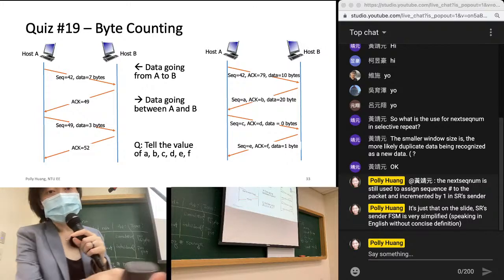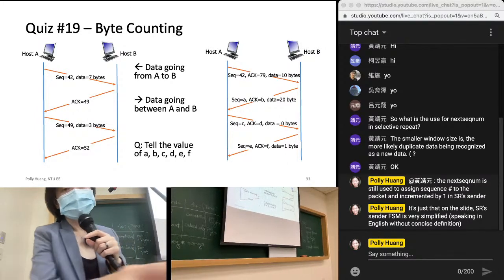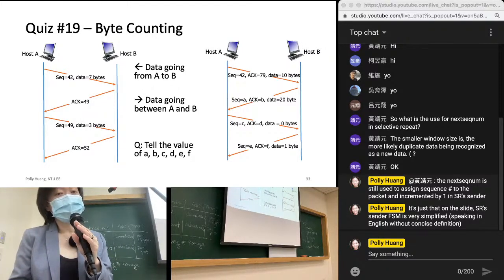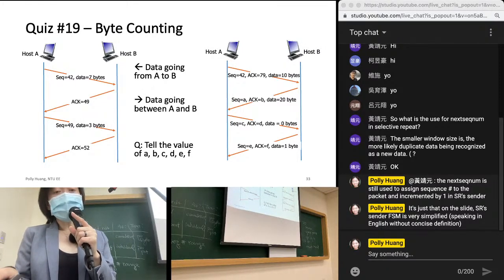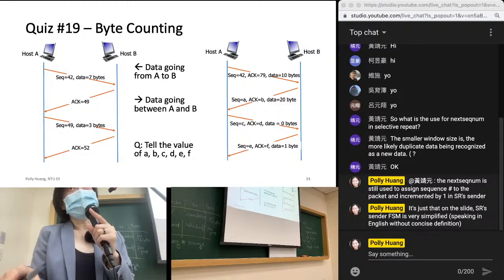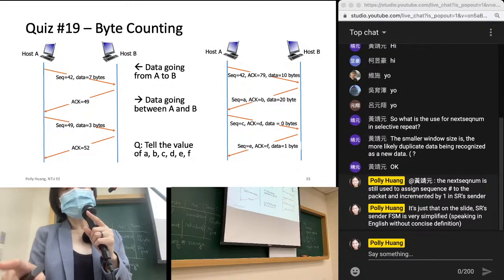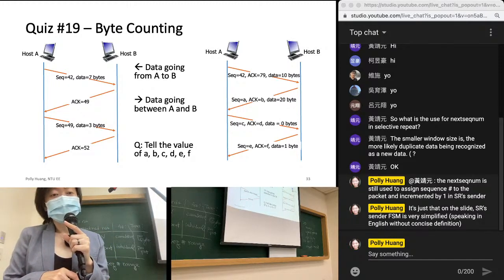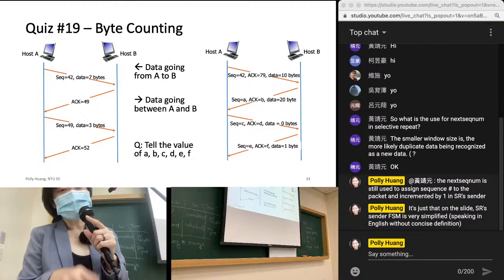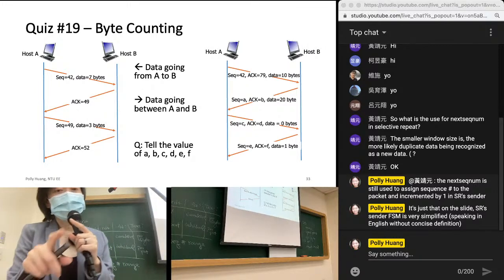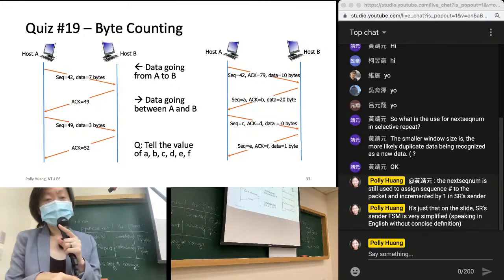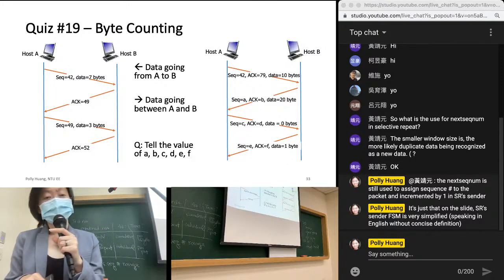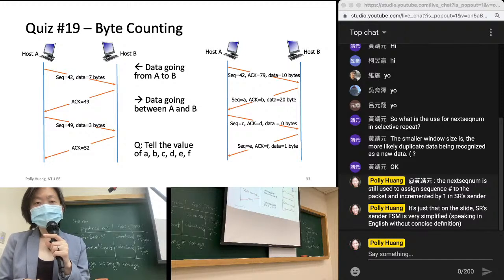So the first packet starts from sequence 42. Data is 7 bytes long. Therefore, the ACK is 42 plus 7. The last byte sequence number is what? 48, isn't it? Therefore, the next byte B is expecting is 49. Next packet, therefore, starts from sequence 49. It's only 3 bytes long. The returning ACK carries sequence number 49 plus 3. Now,